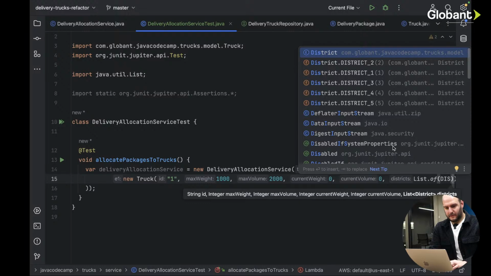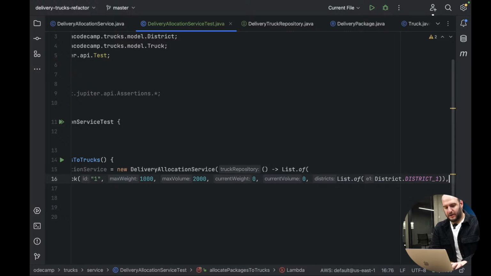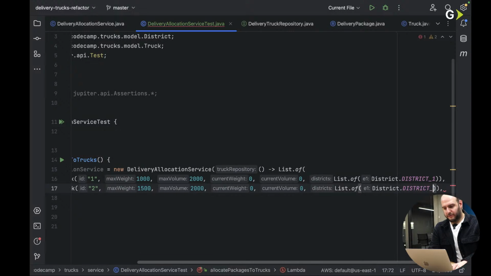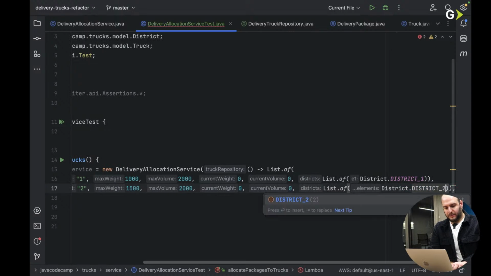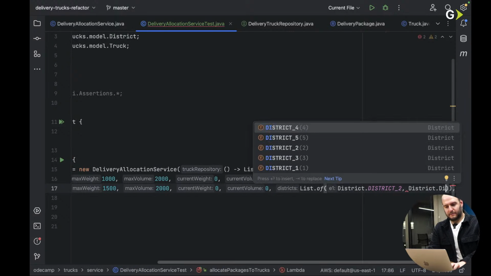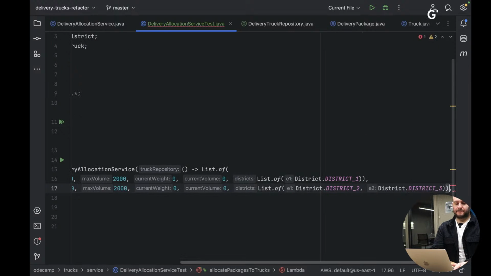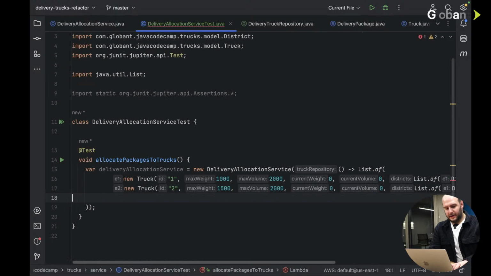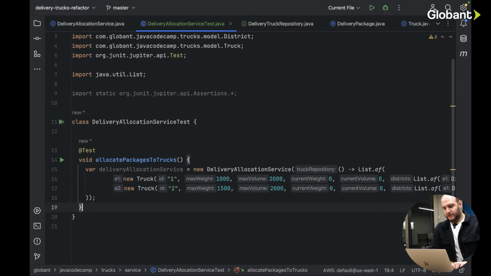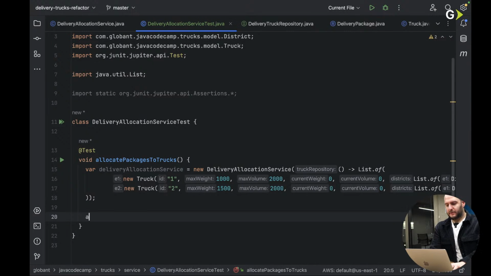and we could use district 1 for the first truck, and we could use a second truck. Let's just put a different volume and different weight there, and we put district 2, and we could use district 3 as well. Right? So we have our list of trucks, which is really good there, and we are going to say delivery